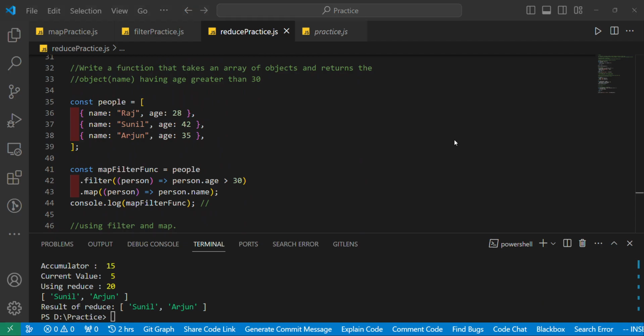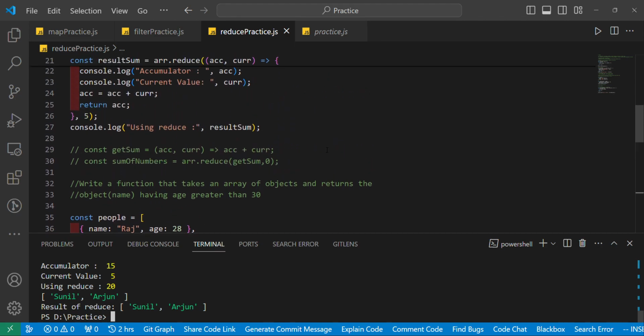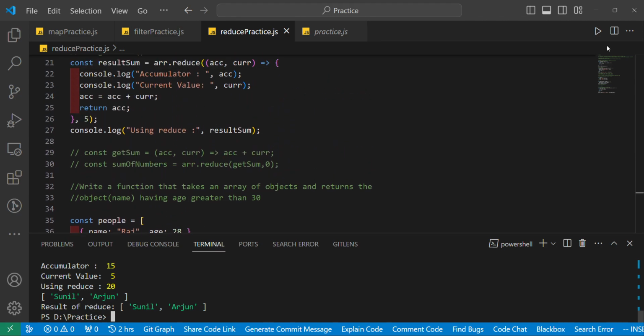So we have seen the implementation in an array of objects and also in a normal array, and what's the difference between them. If you want any more information about the reduce method, we have an article on these different methods,